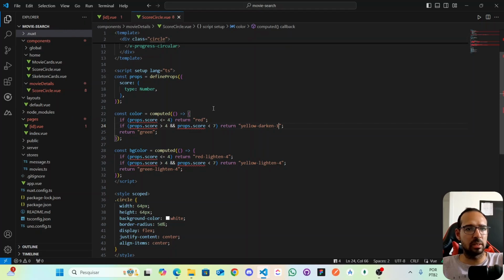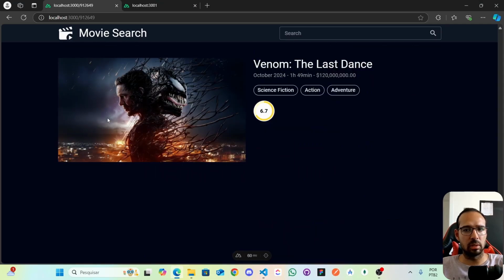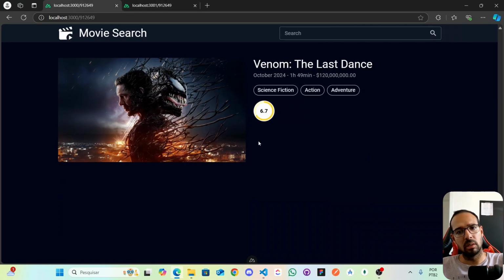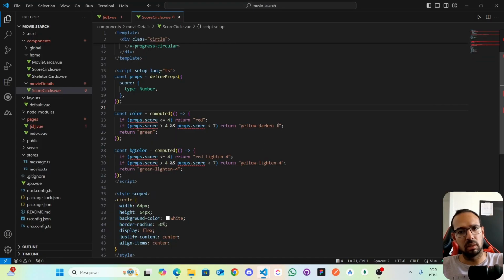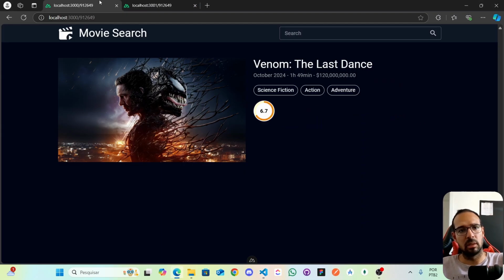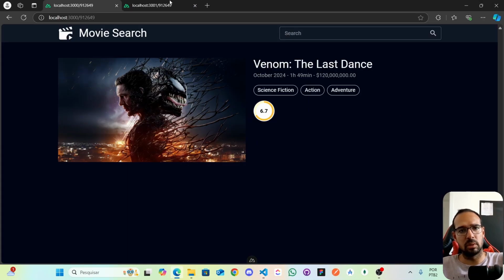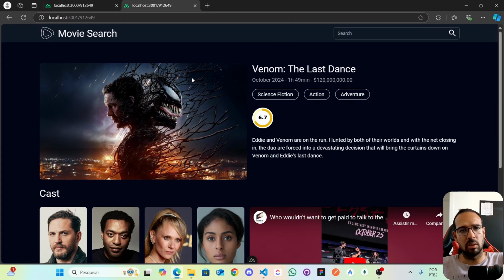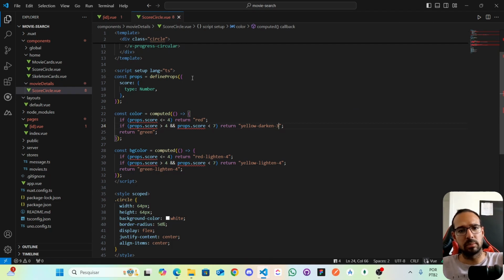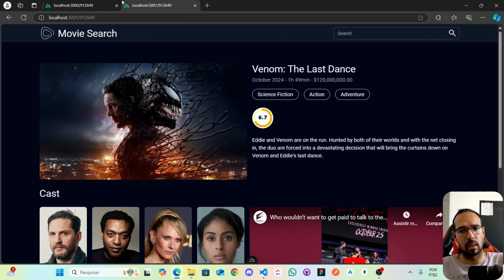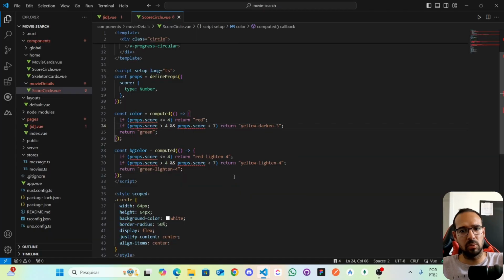I am inside, which component is this? Movie details. So if I go to here, darker one, not as dark as I thought. Darker 4. Okay, so this is pretty much orange. Darker 2. Okay. Darker 3. Yeah, this looks better. And also, we could do the same thing with the yellow